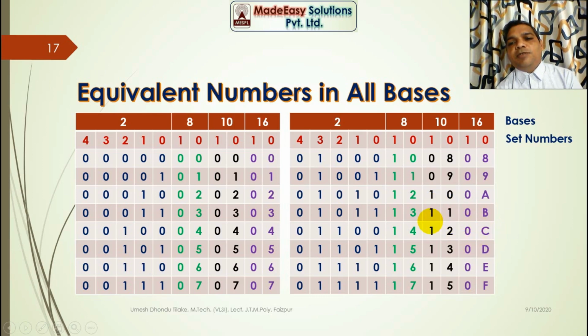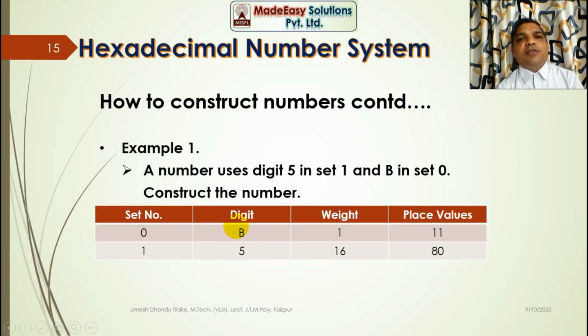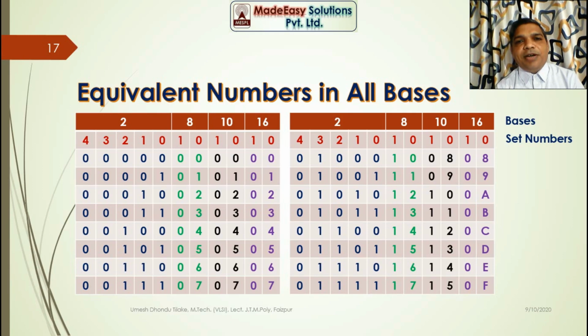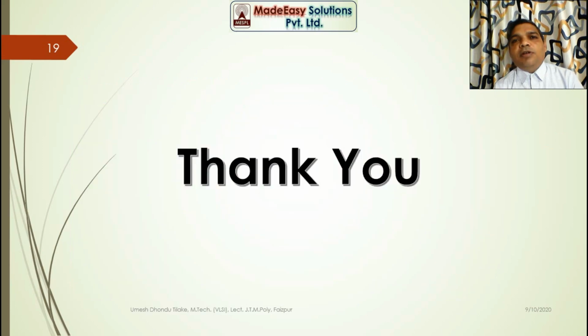Now you can see over here, 0B in hexadecimal is equal to 11 in decimal, 0C in hexadecimal is equal to 12 in decimal. That's why we have considered 11 in place of B when we have to find out place values of this digit. Now got clear? Now try to write 64 numbers in all bases, in binary, octal, decimal, hexadecimal at home. I hope the concept of number systems, that is decimal, binary, octal and hexadecimal, is very much clear to you. Now in further videos we will learn the conversion between bases.